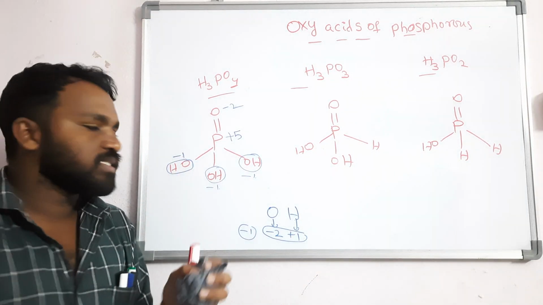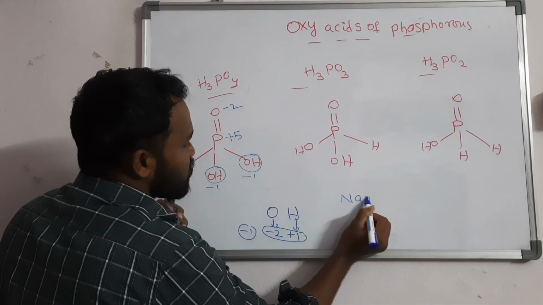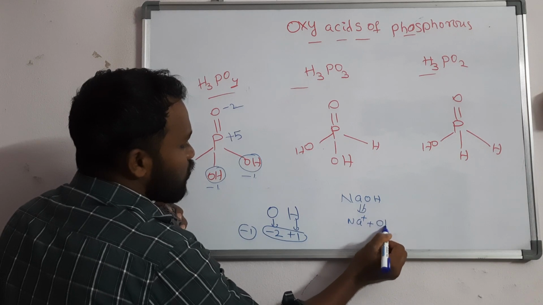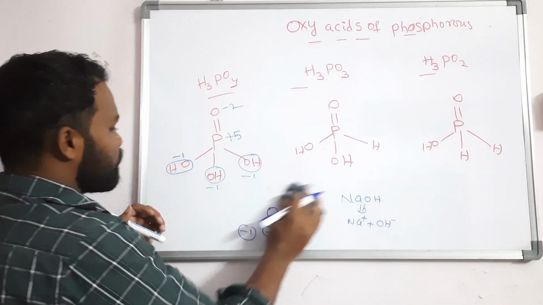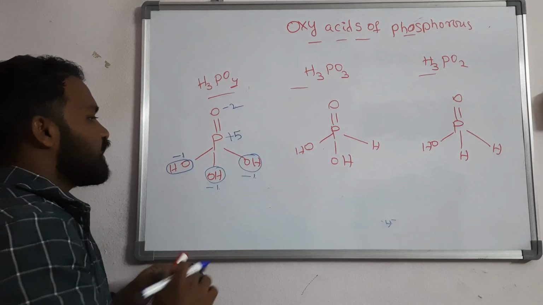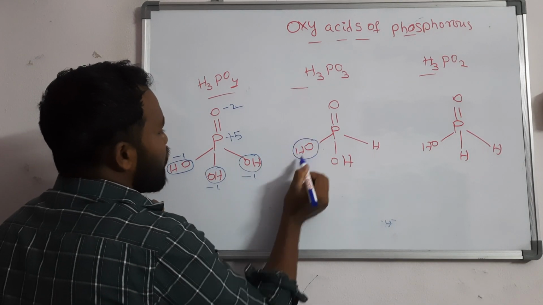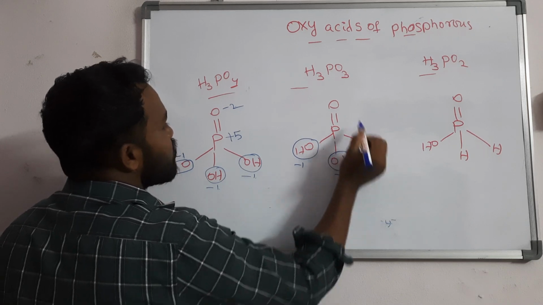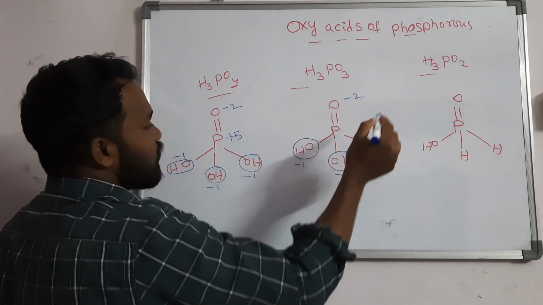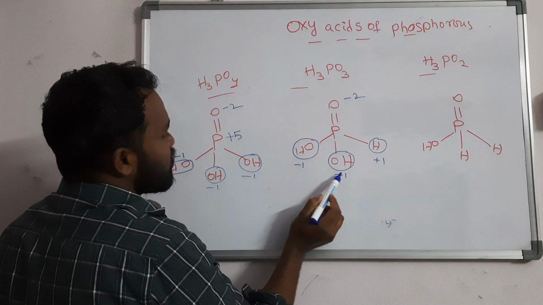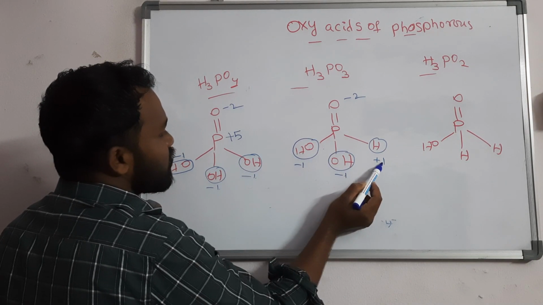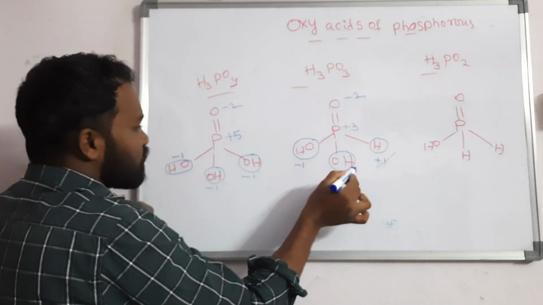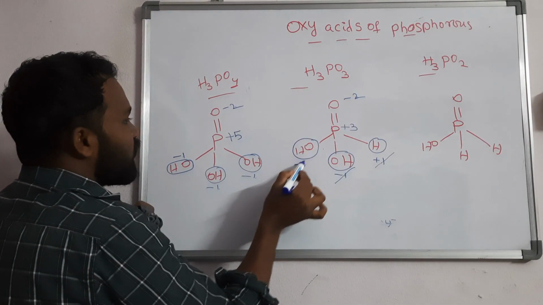Like this OH minus. For example, NaOH on dissociation gives Na plus and OH minus. You should remember this concept: for OH it is -1, right? Same here. If I write -1, then hydrogen is +1. This is -2, so if you sum -2, -1, -1, it is -4, and -4 plus 1 is -3. For this you will get +3. Otherwise you can cancel +1 and -1. If you sum -2, -1, it is +3.